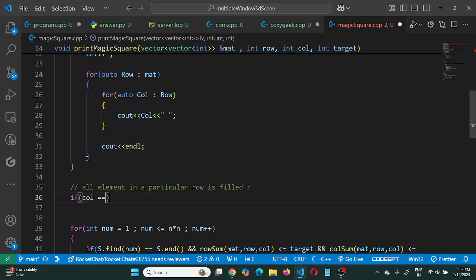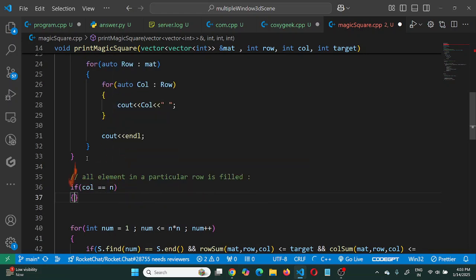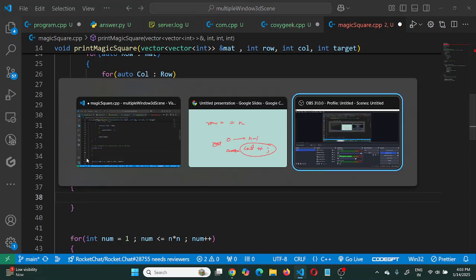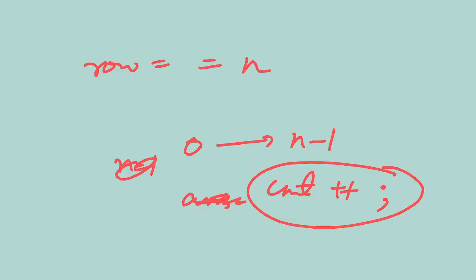Just use this condition, which means that all the elements have been already filled. Now before moving further, I cannot move further just because I have filled all the particular values, because let's say this condition is there, if n is equal to 3 and for a